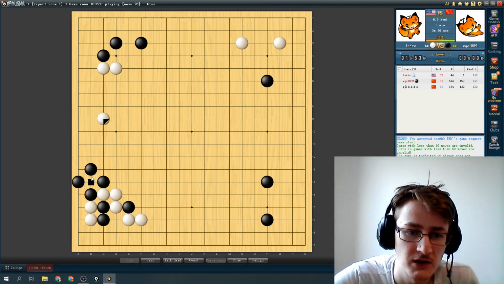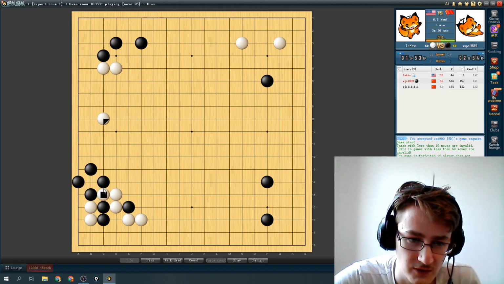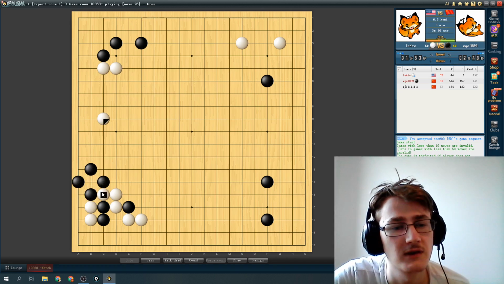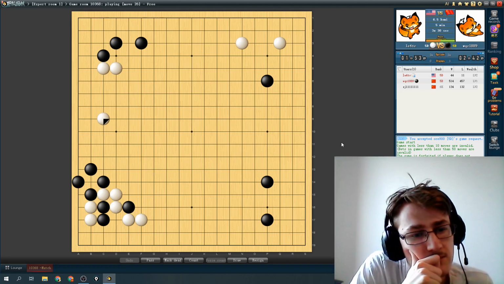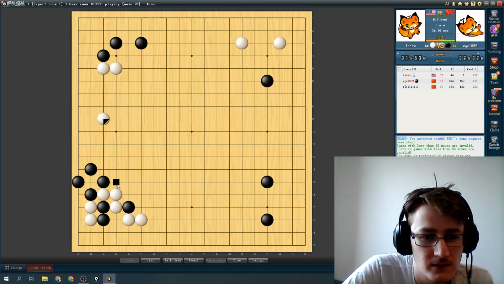Black is probably going to take care of this group now, because otherwise I get this nice shape point, and black is not going to die. Capturing one stone like this makes this group very strong, but it might still be forced to live. I might be able to attack it a little bit if I get this point. So if I were black, I might...